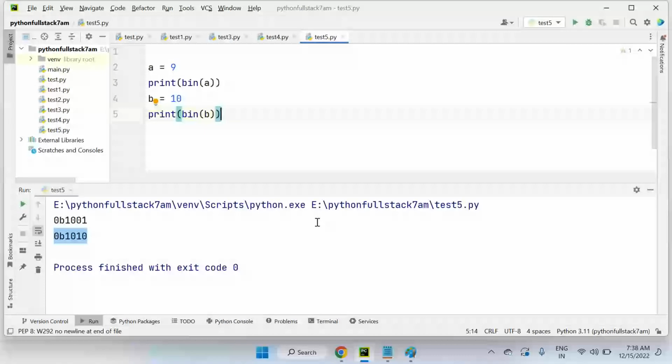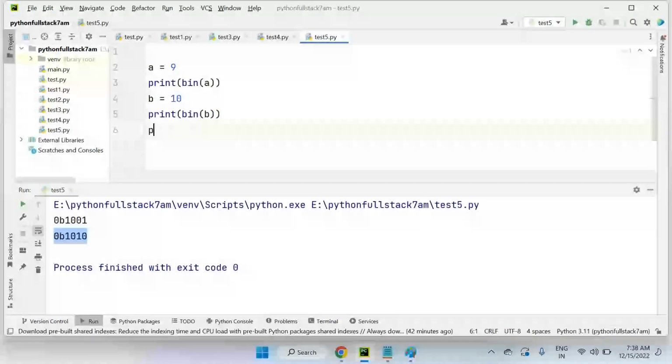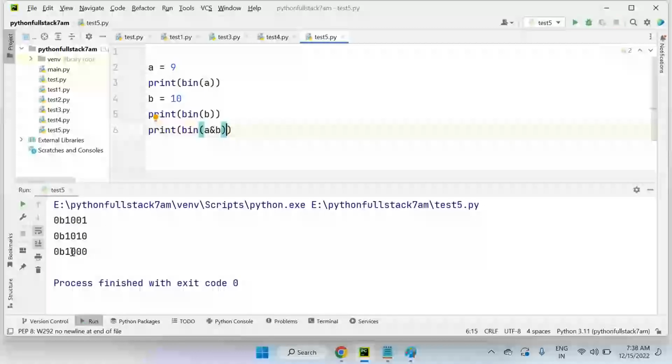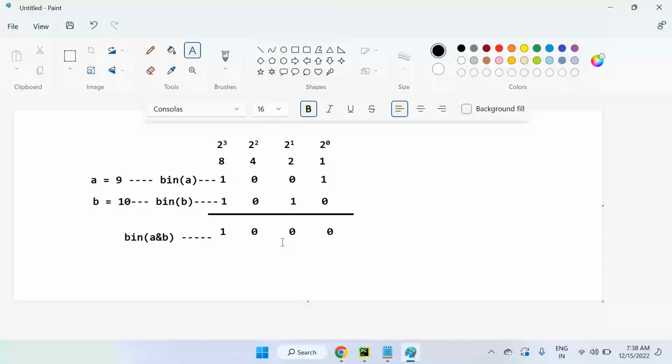So let's see whether it is correct or not in my programming. Print binary of a and b. The moment I run this, we got the output here, binary of a and b. So what is the output? You just check and compare. 1000, we got it. So whatever we did, this 1000 in my logic, that is correct. Even if you don't know how to do it,